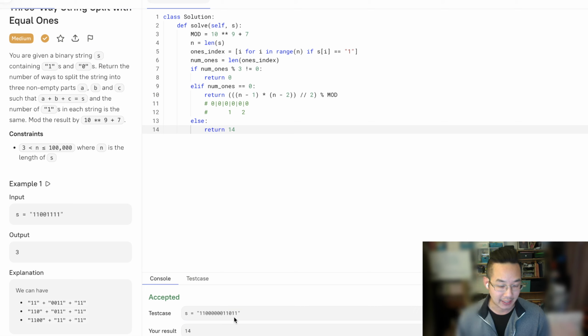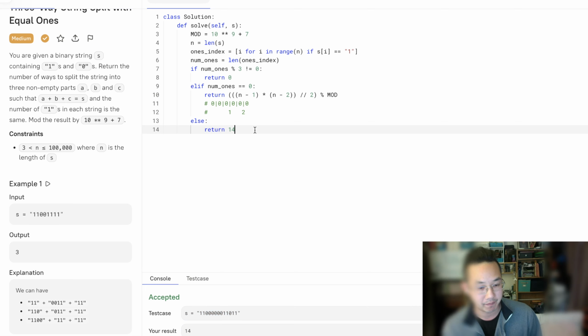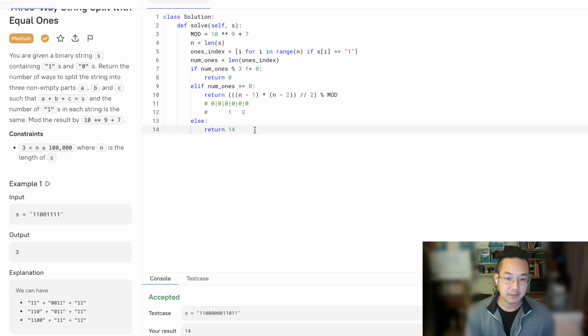So it's the same as before because we have these zeros here, and the number of ways to split these zeros between these two numbers is going to be the number of zeros plus 1. Or it's going to be this particular index of 1 minus this particular index of 1. And that will include the plus 1 for the extra 1 that's inside. So what we're going to do, we're going to return,